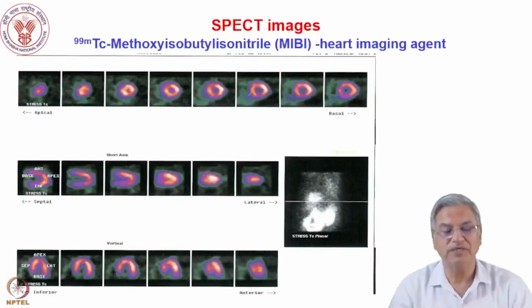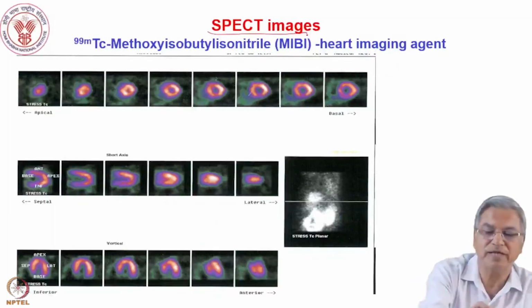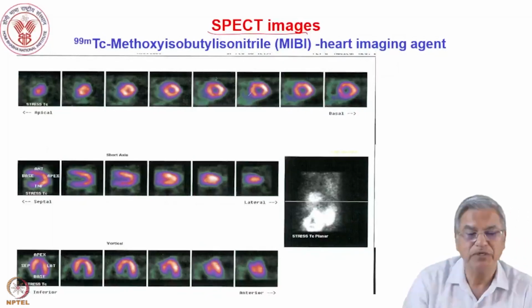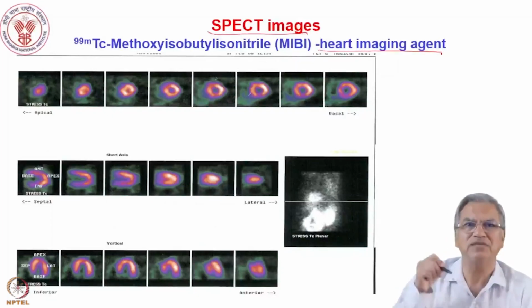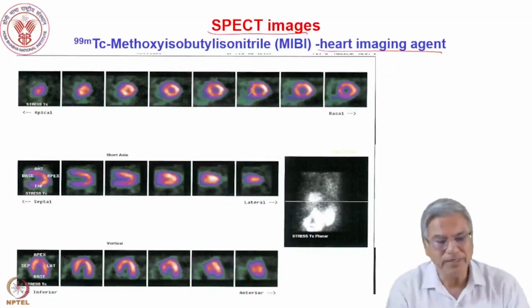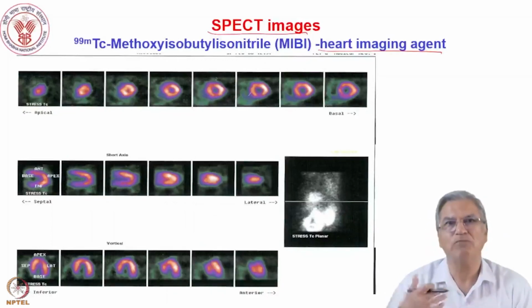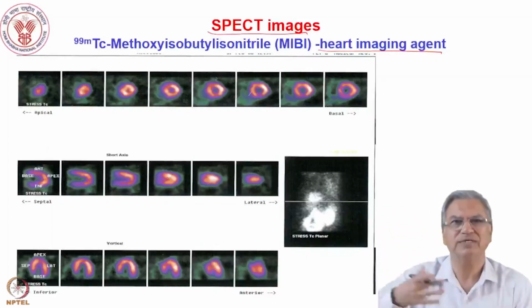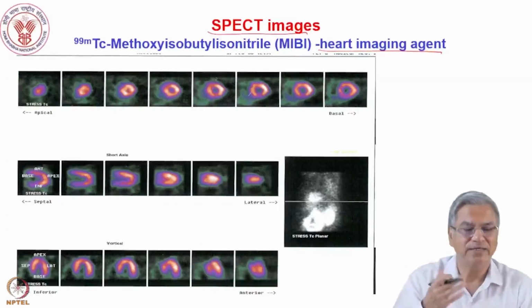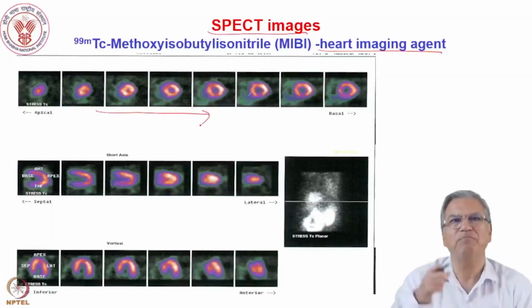This is just to give an example, SPECT images like for this technetium-99m labeled MIBI, methoxyisobutyl isonitrile, and it is a heart imaging agent. You inject intravenously this technetium-99m MIBI, and after 15 minutes you take the image of the heart of the person from outside. Externally, non-invasively, you are monitoring the gamma rays that are coming out of the human body, and you can see as a function of time